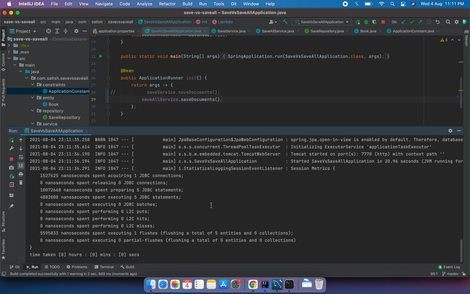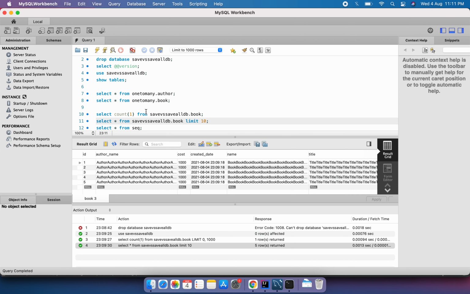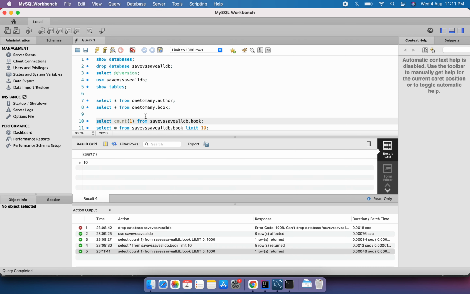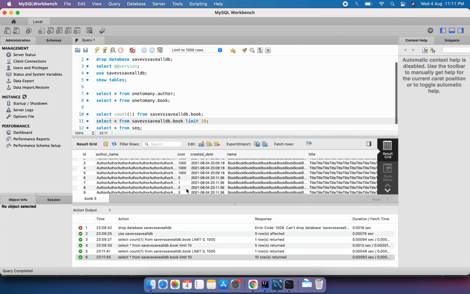Yeah, so the execution is completed. Let's verify the documents. So 5 plus 5, 10 documents we have.